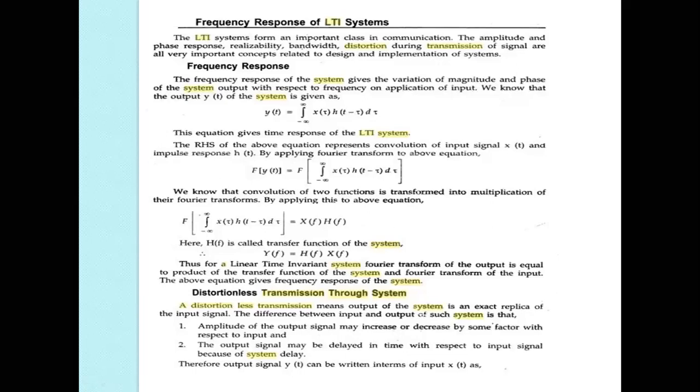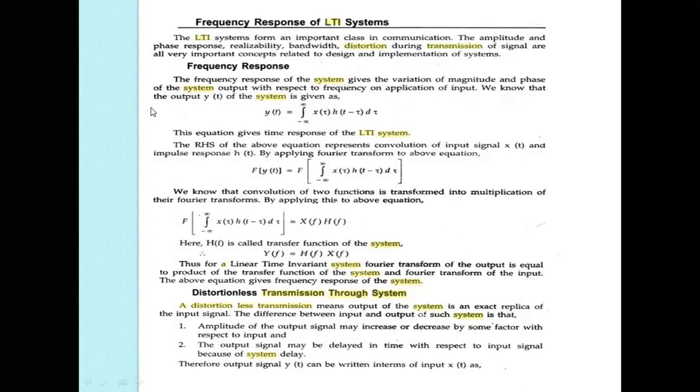A distortionless transmission through a system, for the frequency response of a linear time invariant system. The linear time invariant system forms an important class in communication. The amplitude and phase response, realizability, bandwidth, and distortion during the transmission of a signal are all very important concepts related to the design and implementation of a system. The frequency response of a system gives the variation of magnitude and phase of the system output with respect to the frequency